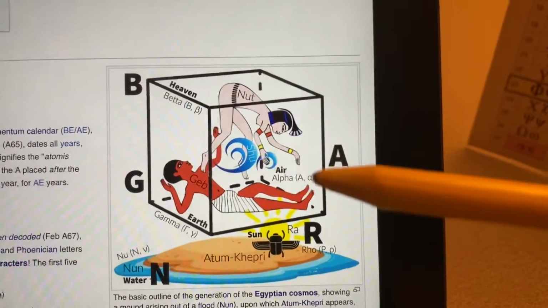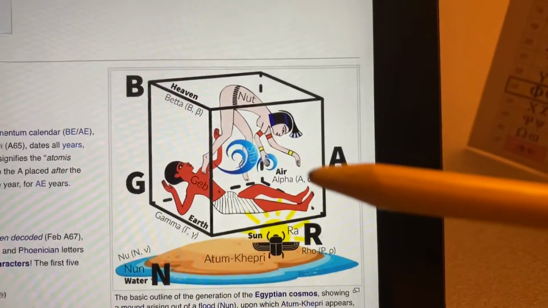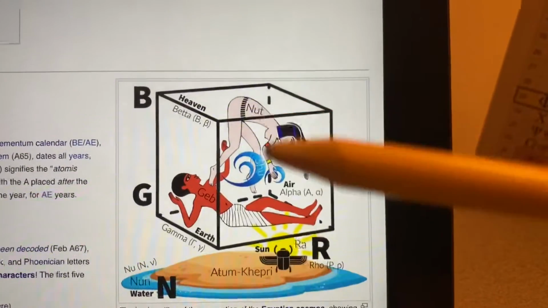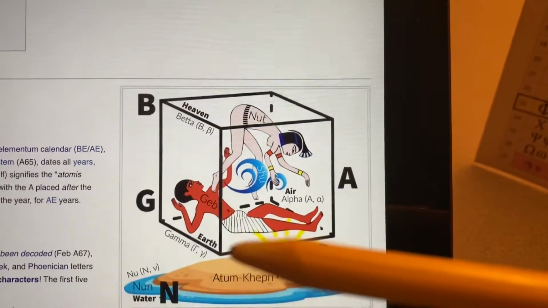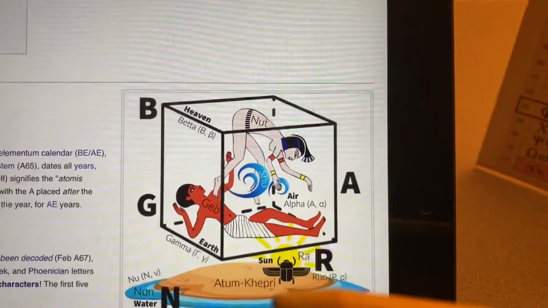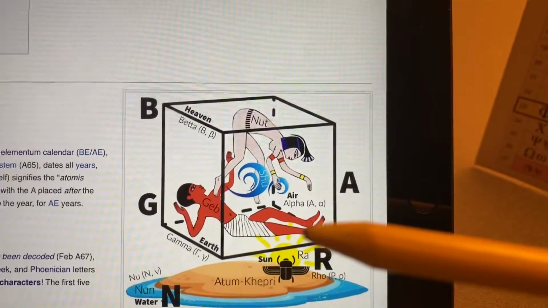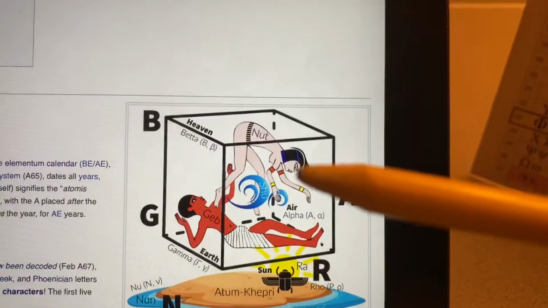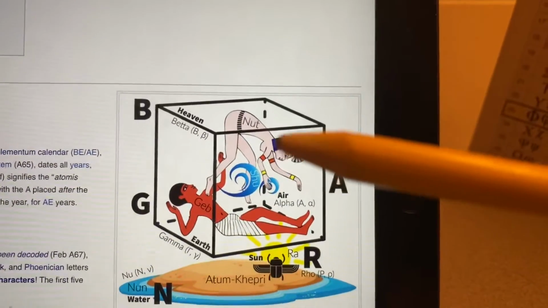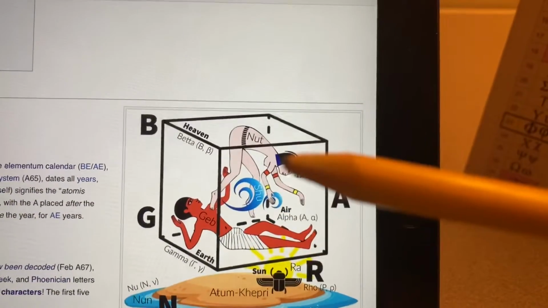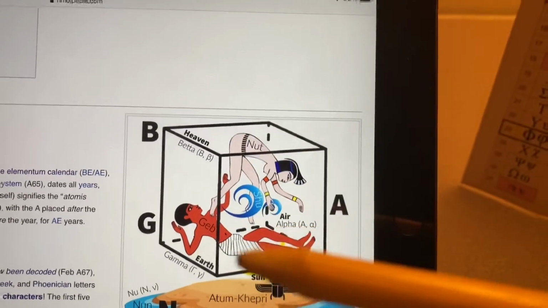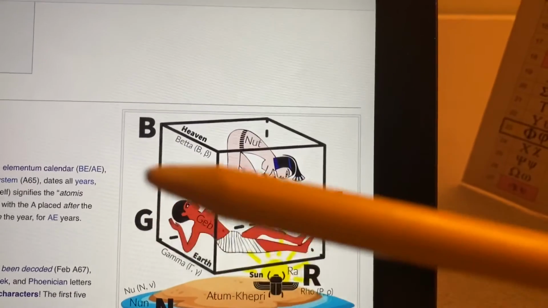Now, Shu and Tefnut, in their next step of creation, make the children Jeb and Nut. Jeb is the earth god, shown with his back to the earth, representative of flat earth, and Nut is representative of the stars of heaven, or the Milky Way. In the myth, Jeb and Nut fall in love, who are represented here by the letters G and B,